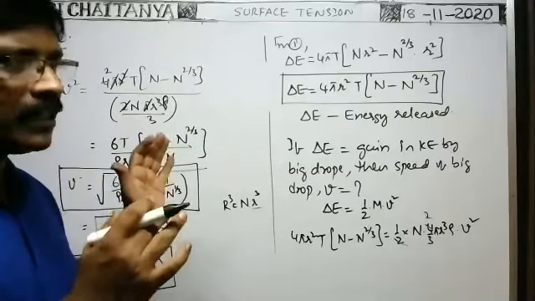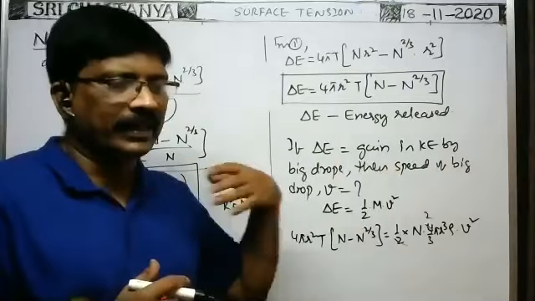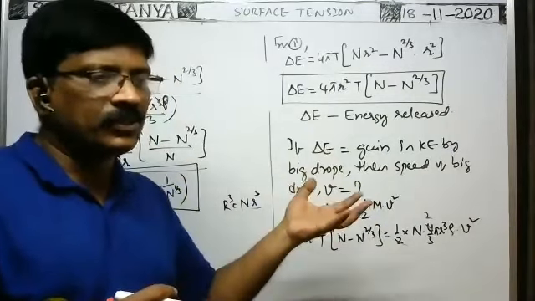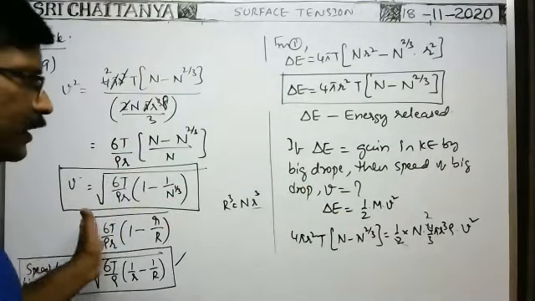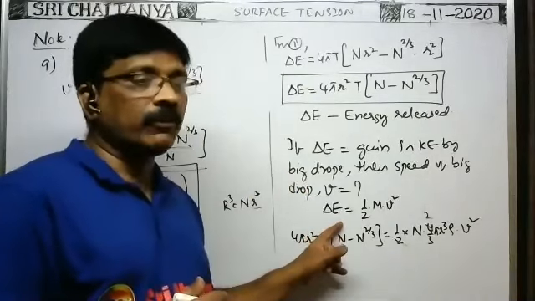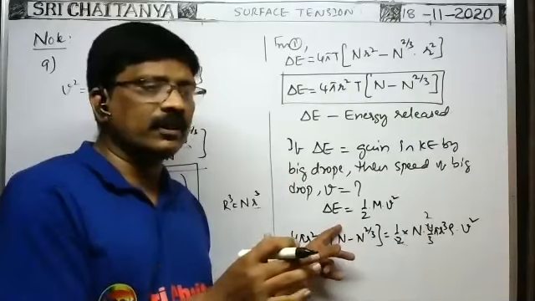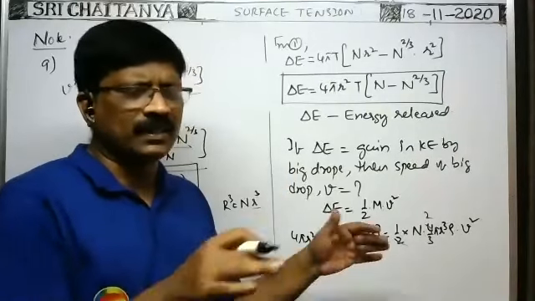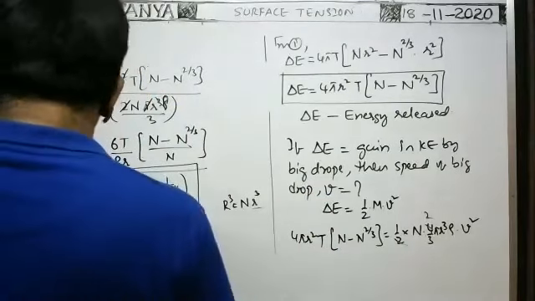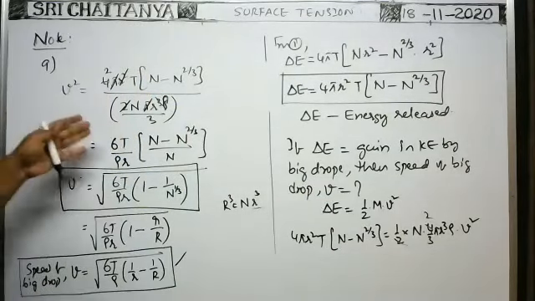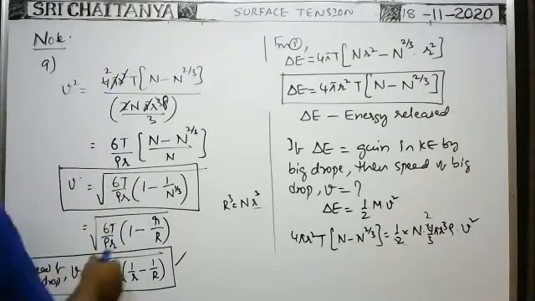When n identical droplets merge together to form the big drop, then some energy is released or energy is lost. If that loss of energy is converted into kinetic energy, we found the speed like this. If that loss of energy is converted into heat energy and is totally absorbed by the big liquid drop, what is the rise in temperature? Of course, these are all ideal conditions. Same case, but the rise in temperature is what they asked.